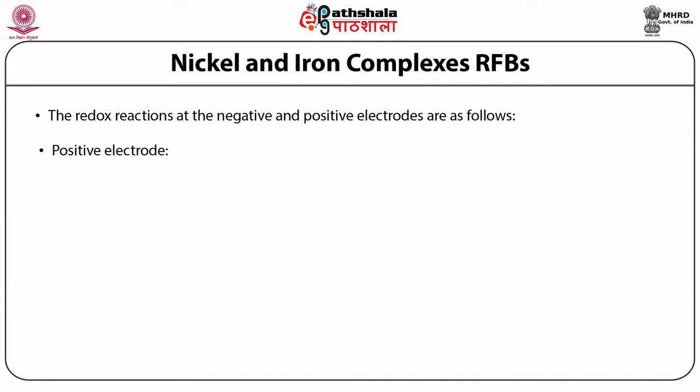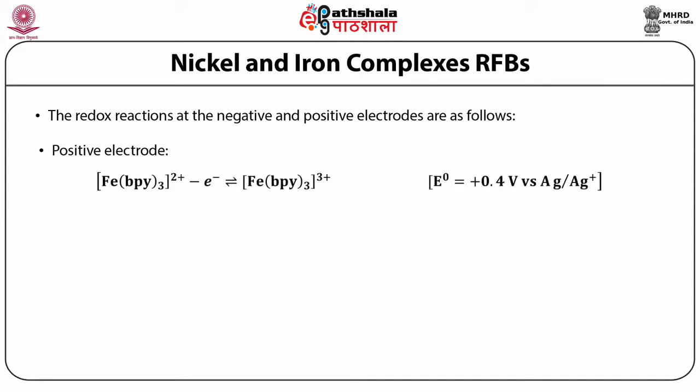At positive electrode, Fe(bpy)3 2+ minus an electron gives Fe(bpy)3 3+ with E naught equal to 0.4 volts versus Ag+. At negative electrode,